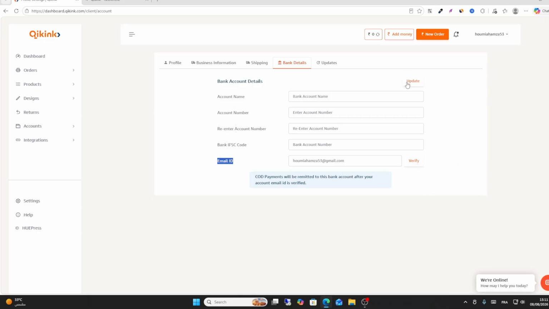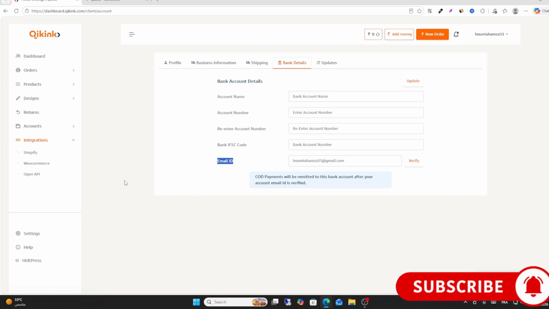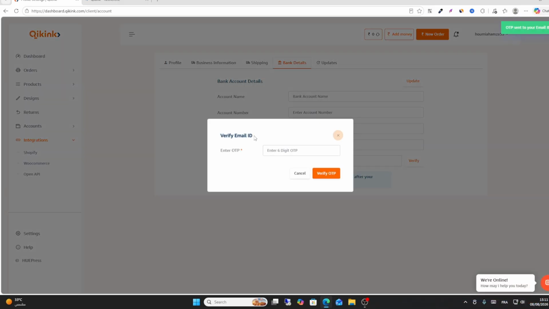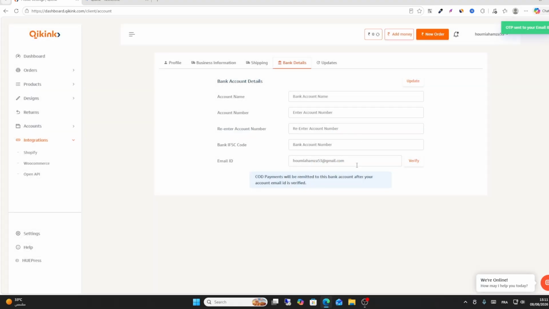So it will update your information here. In this case, this is how you can do it. Just write your bank details from here and then click verify in this option. After that, you will receive an OTP code in your email to complete your process. This is how you can do it,